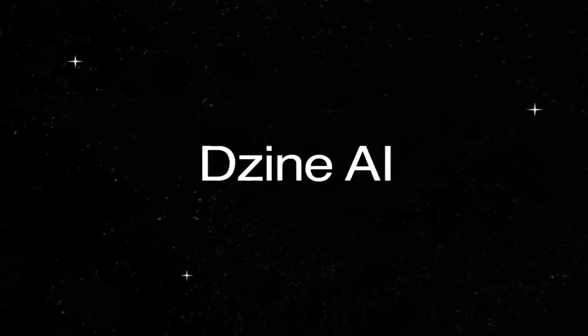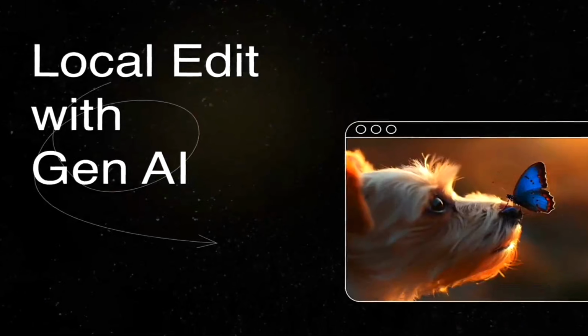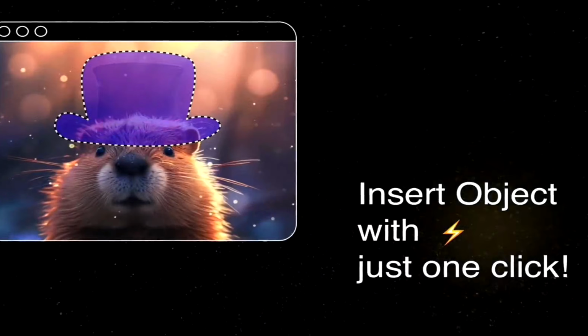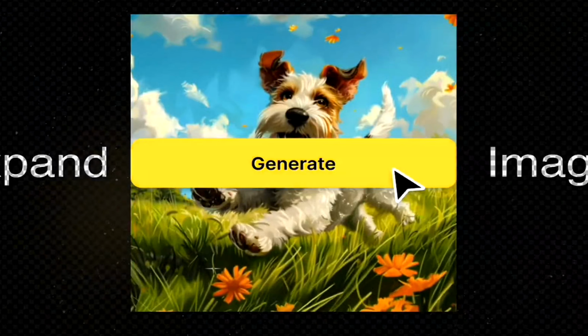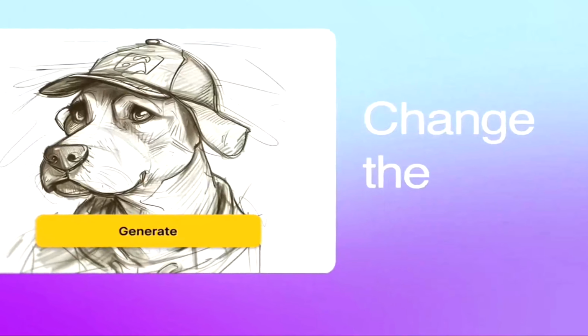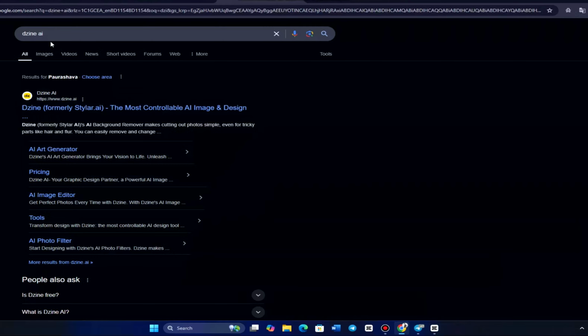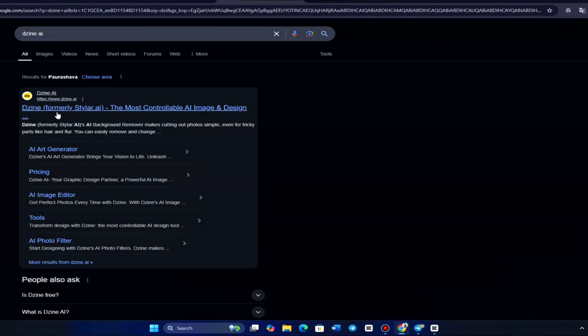In today's video, we're going to explore Dzine AI, a powerful tool that lets you generate multiple images while maintaining a consistent character throughout. If you're interested in trying Dzine AI for yourself, head over to